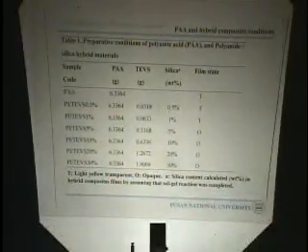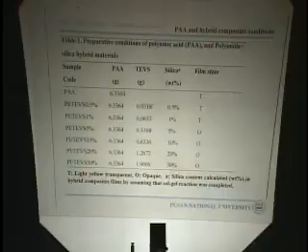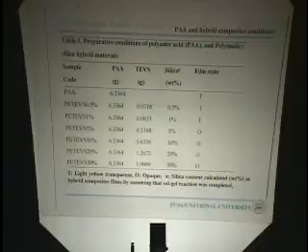Figure 1 indicates the preparation conditions of polyamic acid and polyimide silica hybrid materials. As you can see here, the first column indicates the sample code, the second one the PAA solution, and the third one TVS, that is polysilsesquioxane, added as weight percent. And the silica content we calculated from here, assuming that the silica conversion was completed. And these are the film states. Let me give the abbreviations: T is light yellow transparent, O is opaque.